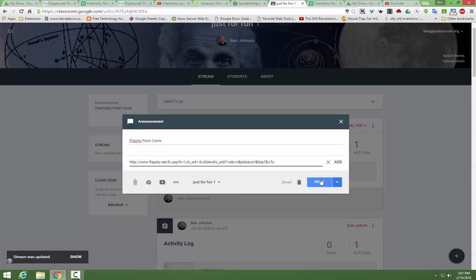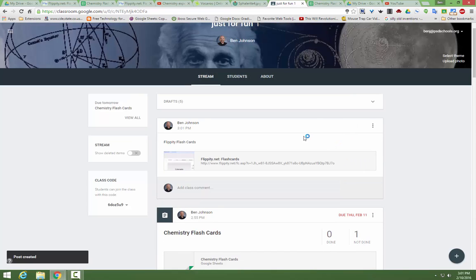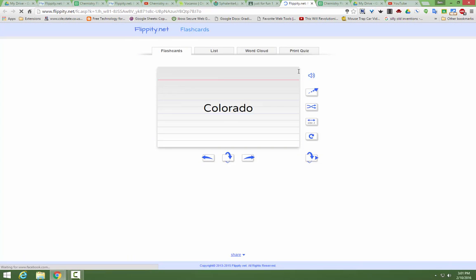And then paste that in, add that, and then post. So I'm going to have essentially 2 things now. These will be the finished flashcards that the kids can get to quickly, and then this is the spreadsheet that they added them to. So then when students are ready to study, they'll just simply go in there, click on this, and